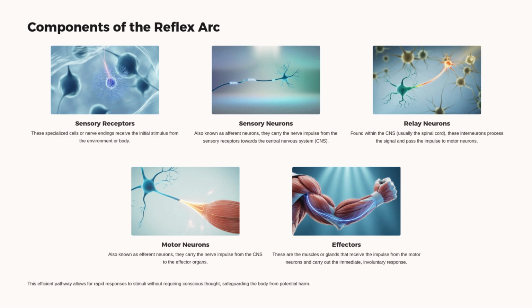motor neurons. Motor neurons, also known as efferent neurons, carry the nerve impulse from the CNS to the effector organs. Effectors. These are the muscles or glands that receive the impulse from the motor neurons and carry out the immediate, involuntary response. This efficient pathway allows for rapid responses to stimuli without requiring conscious thought, safeguarding the body from